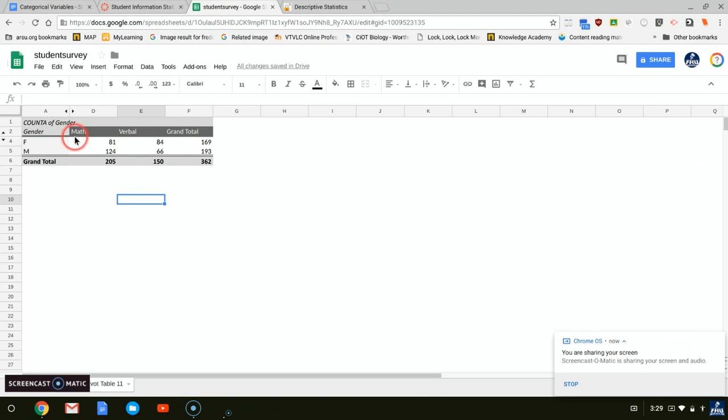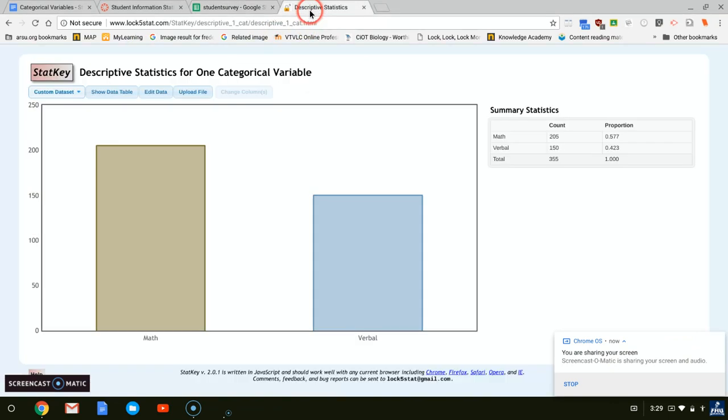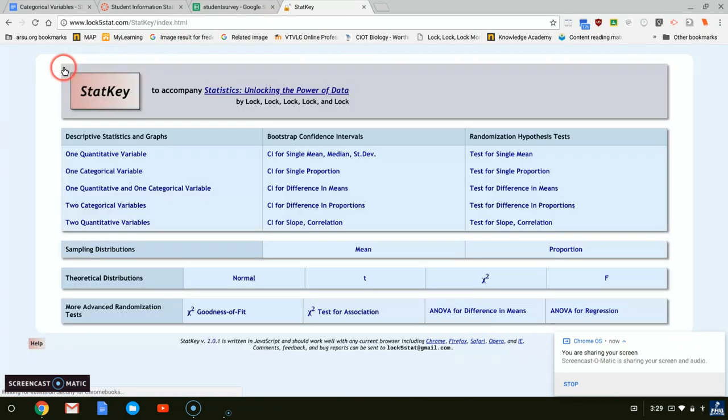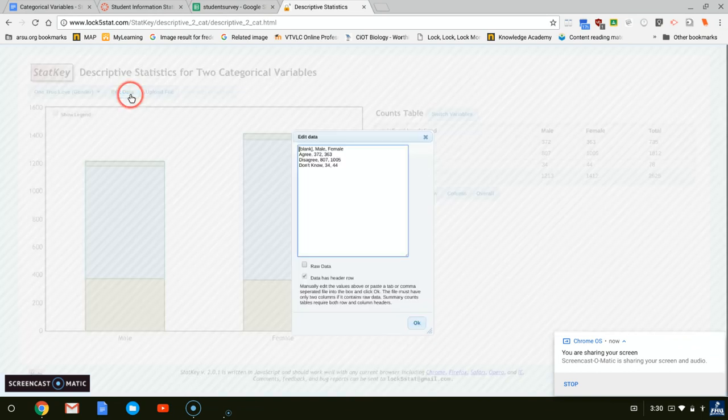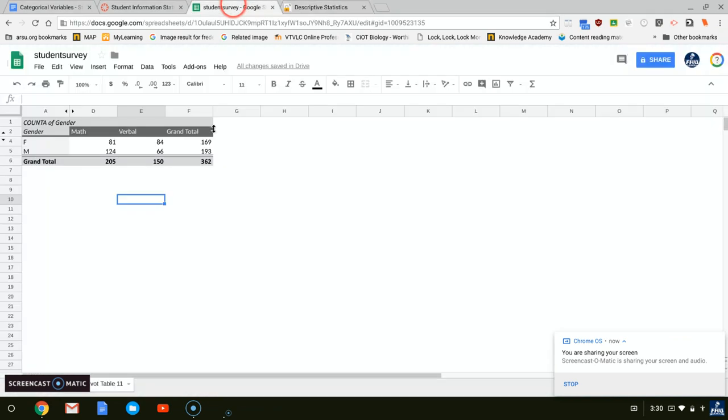So there's that piece. The next thing we're going to do is go ahead and go back to StatKey, and we're going to do two categorical variables. So just click on StatKey. It'll bring us back to the main page. Two categorical variables. And we're going to go ahead and make just a stacked bar graph. All right. So edit data. We'll delete their data. We'll come back here. We're not going to take the data off the pivot table. We'll take it off of our actual